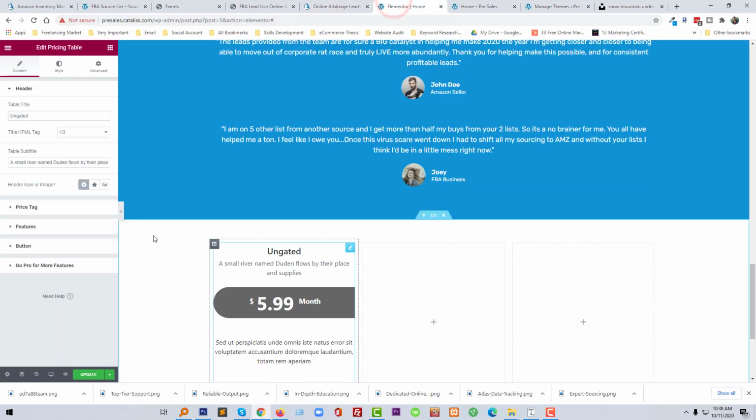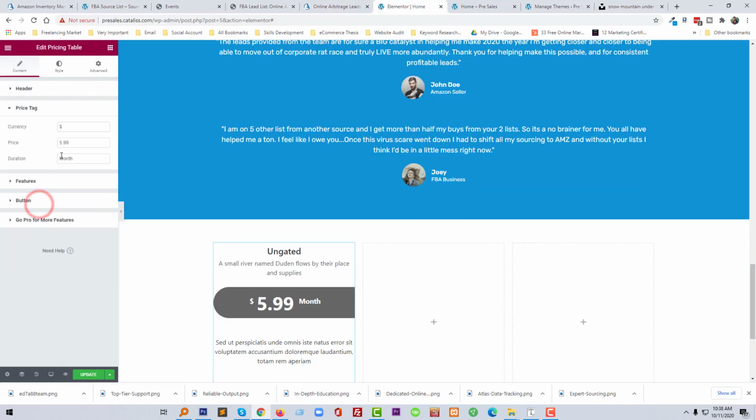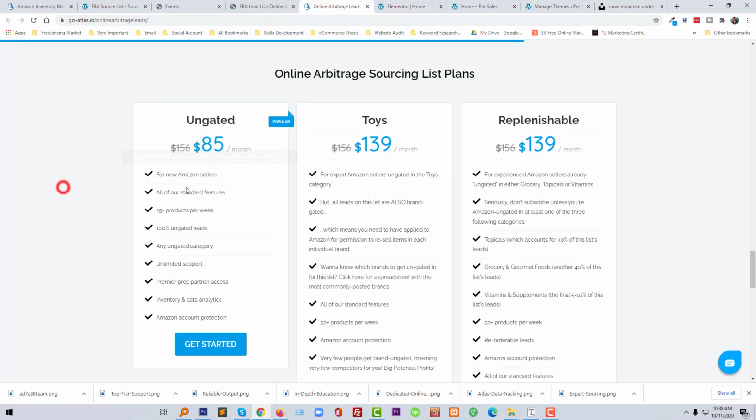This one, pricing tag, monthly search. Then we need to add picture,